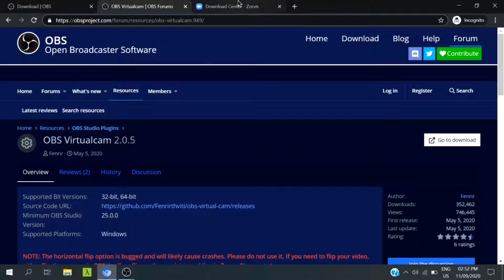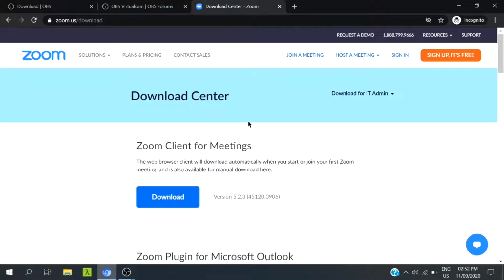And the next is Zoom. I believe you guys have downloaded Zoom already, which is why you're checking this video. If you haven't, you can download it by going to zoom.us/download and clicking this download here, and that's all you require for this. Okay, so after you have downloaded OBS, Zoom and all the plugins that I told you about,